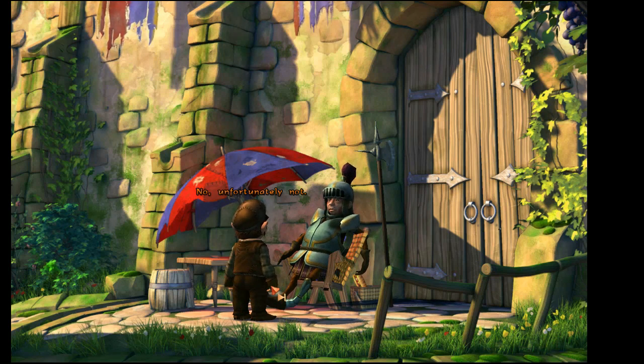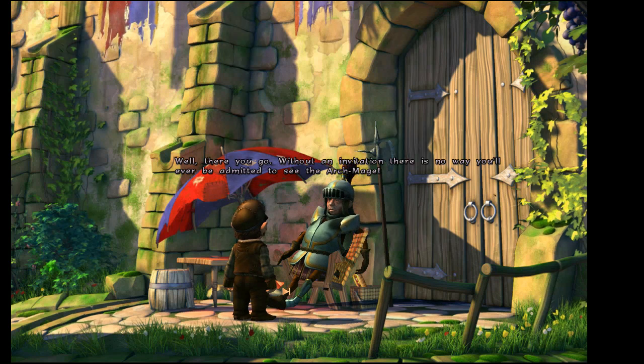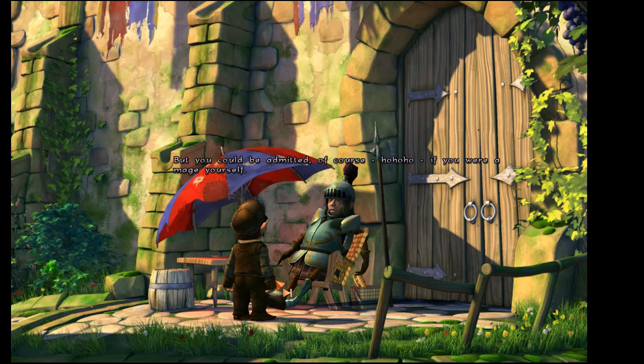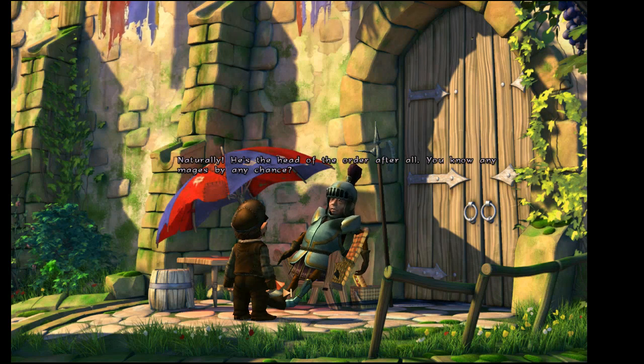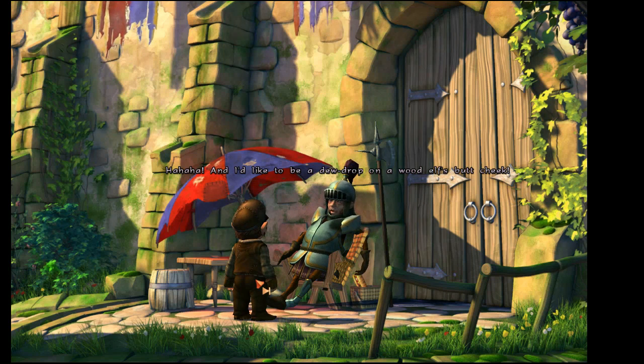No. Well, there you go. Without an invitation, there's no way you'll ever be admitted to... But you could be admitted, of course. Mages are allowed to speak with the Archmage. Naturally. He's the head of the order, after all. I guess I need to learn magic. You go to any mages by any chance? A magic gnome. Well, alright. I'd like to be... And I'd like to be a dewdrop on a wood elf's... Really? Why? Well,